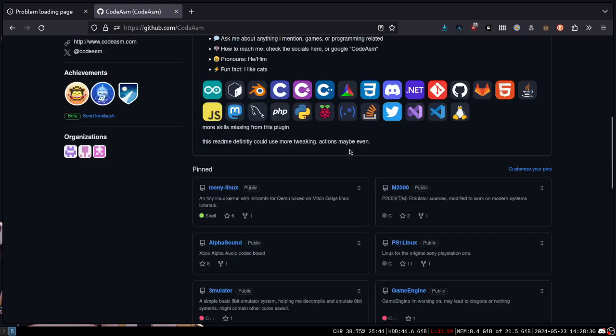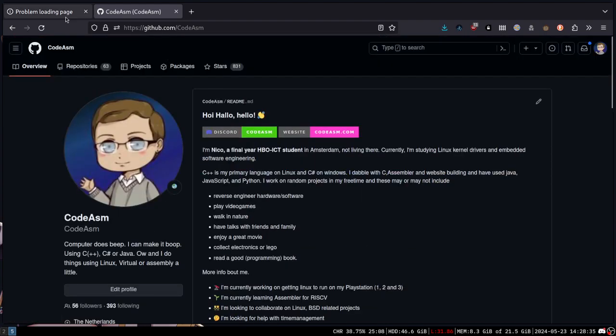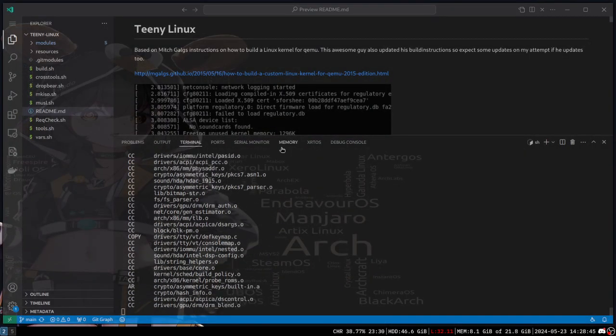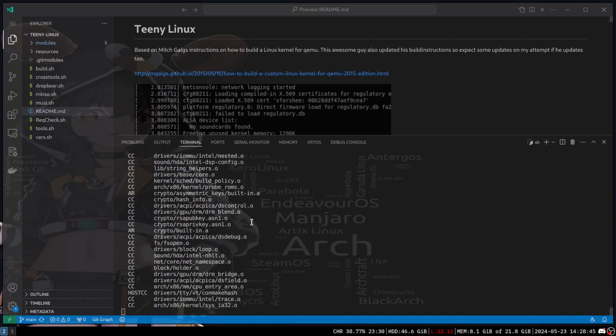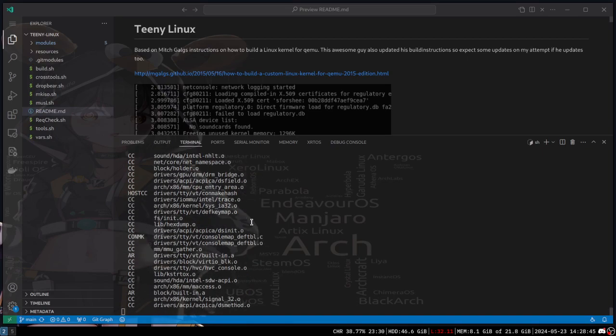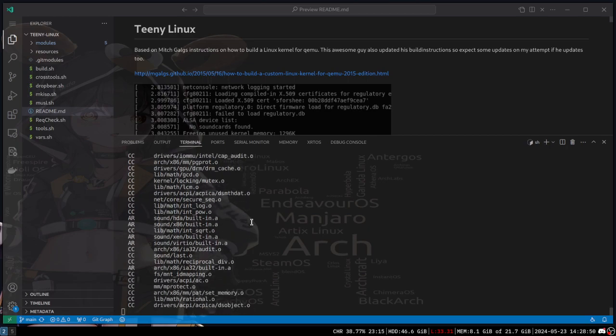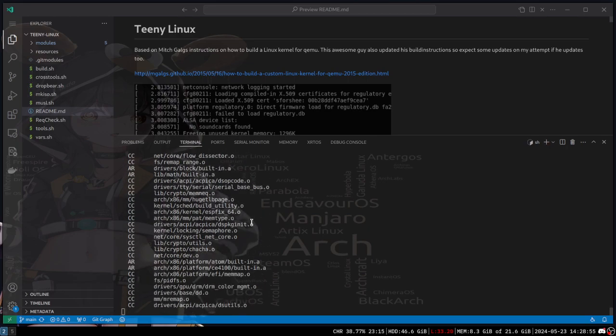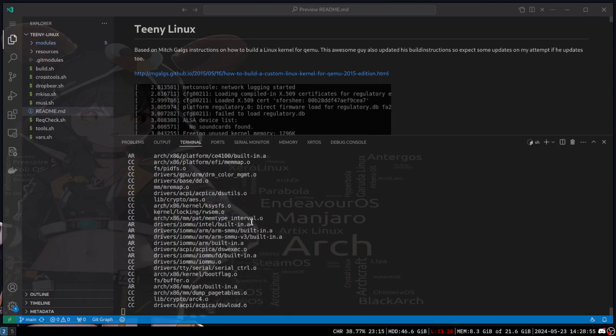Just a way to do stuff. GitHub, automate and learn. GitHub, Git, especially Git. I needed to learn Git. And meanwhile, you get a product that sort of works and actually boots. And I was able to make it work on real hardware as well. And that's fun. So while we wait for it to build,